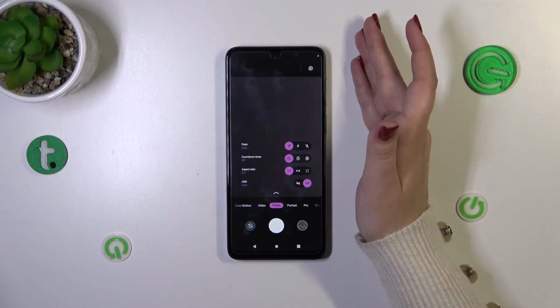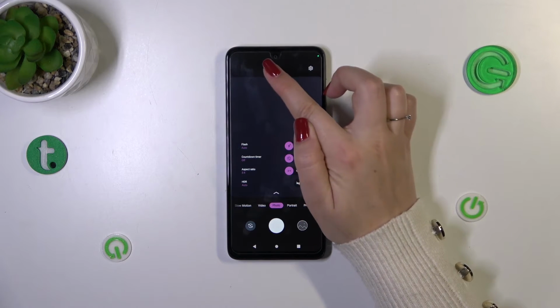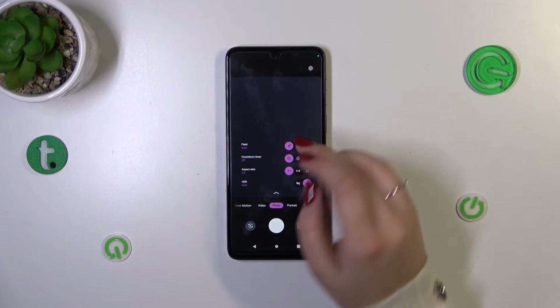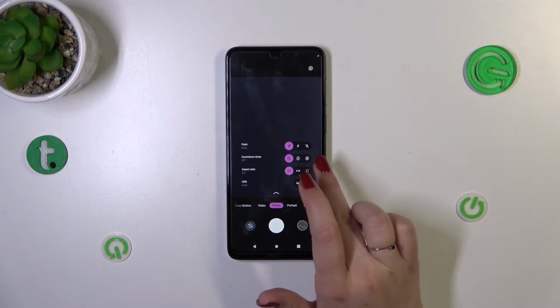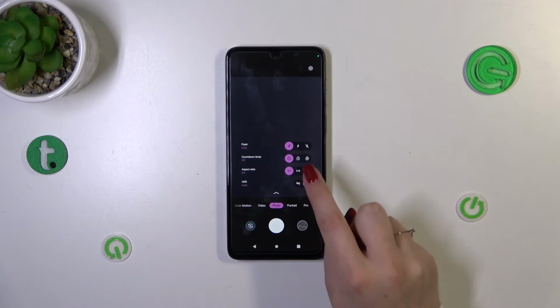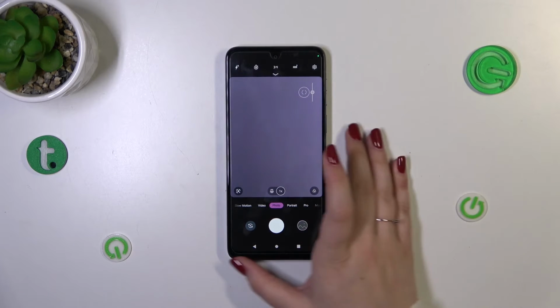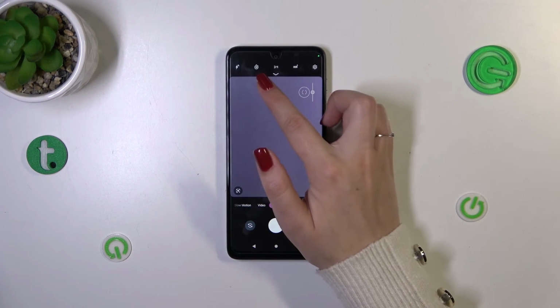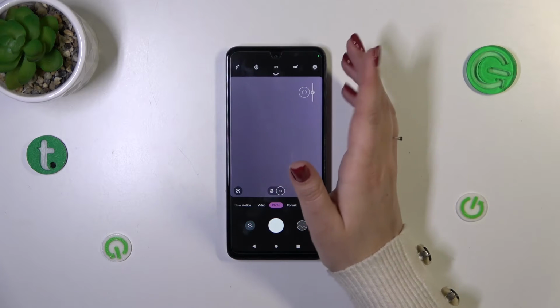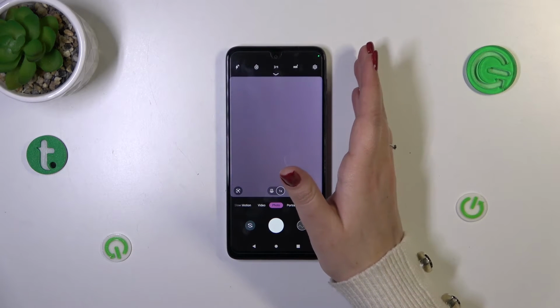Of course, if you want to, you don't have to change it just by tapping. You can unroll this upper bar, and here you've got the countdown timer, so you can really see the timer and you can pick it right here. So let me pick 10 seconds and let me go back. Of course, as you can see, this icon will change slightly, so you can always check whether you've got the